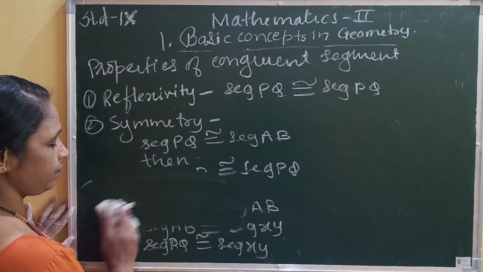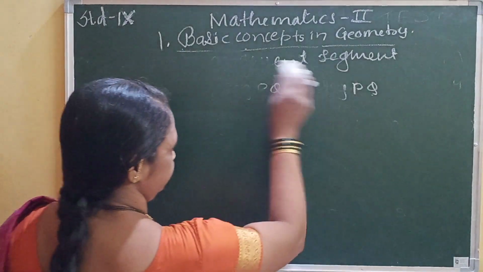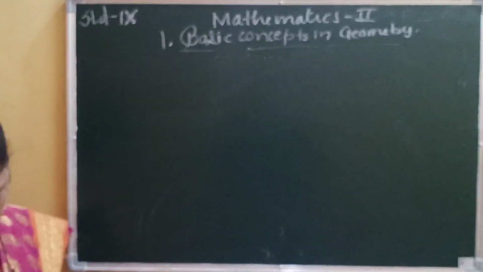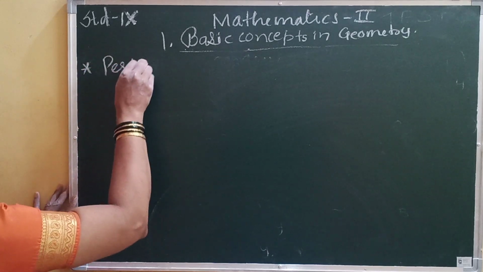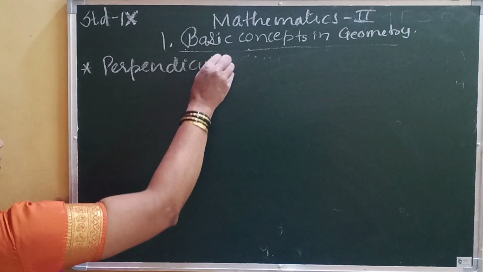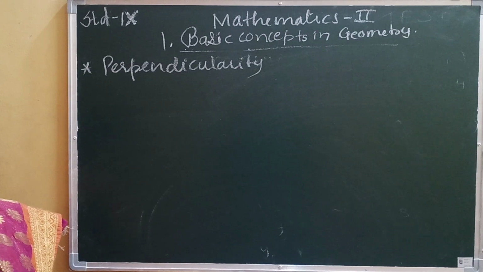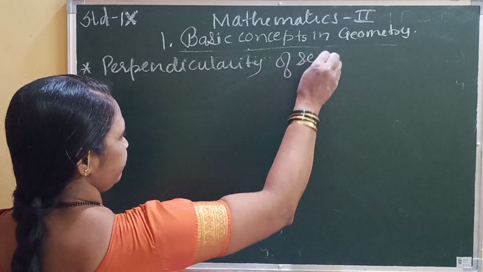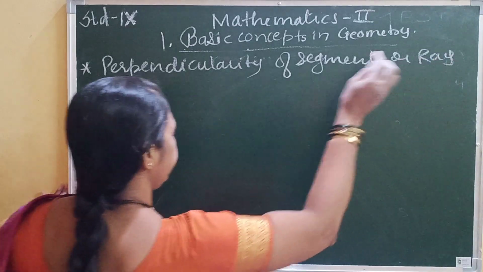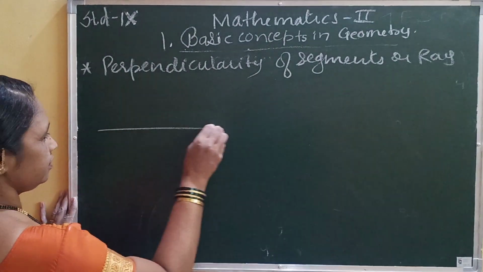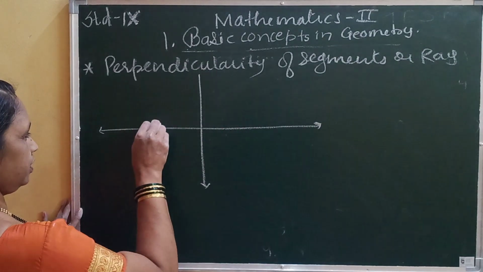When we say that the lines are perpendicular to each other, or the rays are perpendicular to each other, now when we say that two rays or segments are perpendicular to each other,